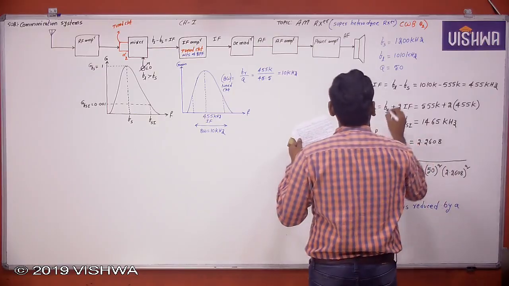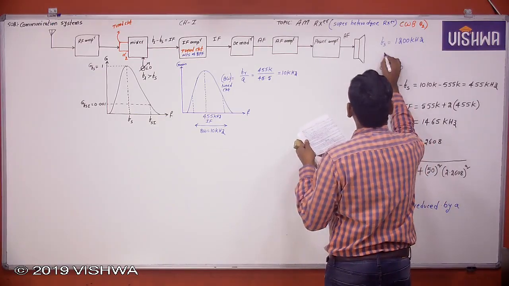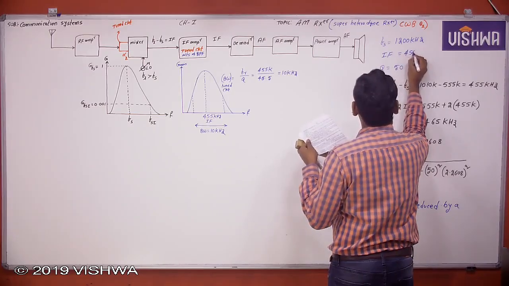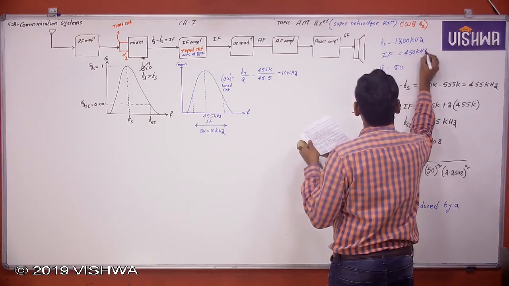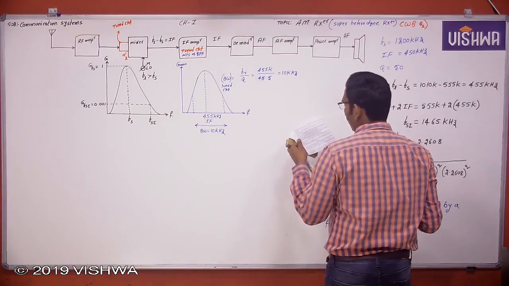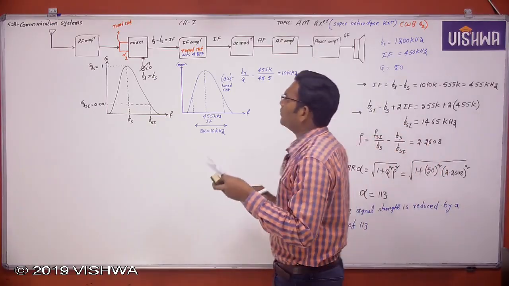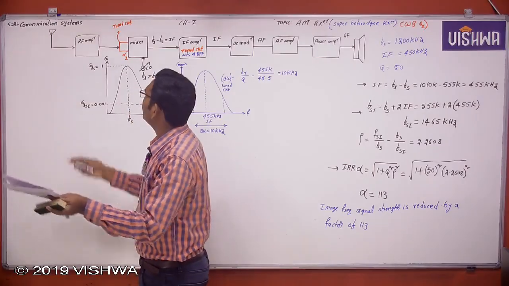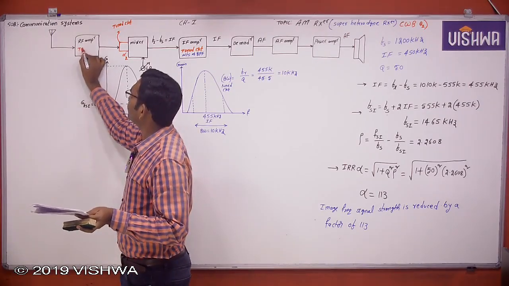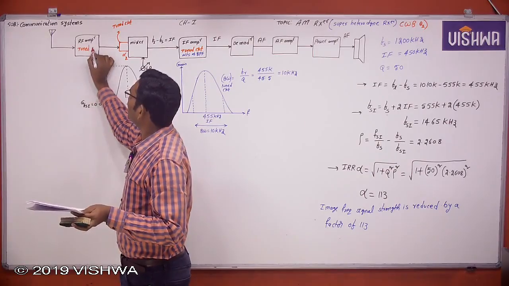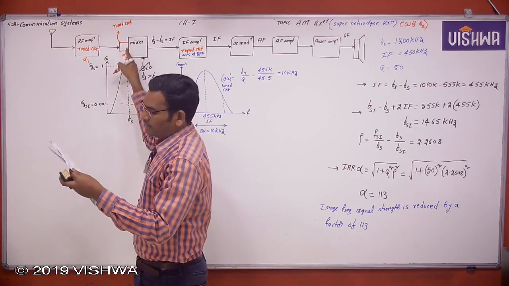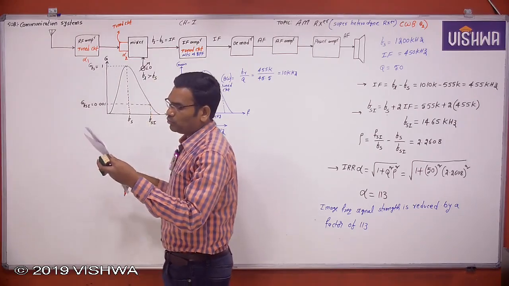The intermediate frequency is given. Intermediate frequency is 455 kilohertz. The quality factor of the tuned circuit at the RF amplifier, here using a tuned circuit, and the quality factor of the tuned circuit at